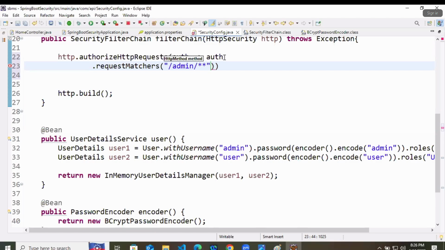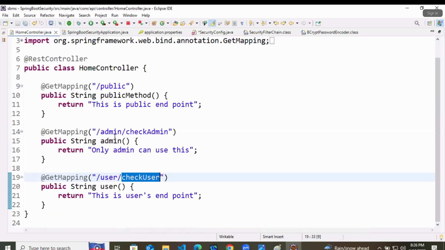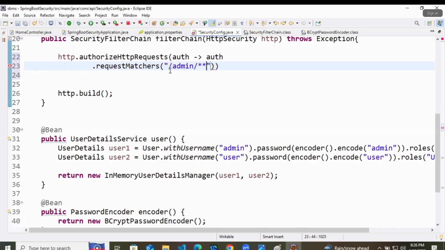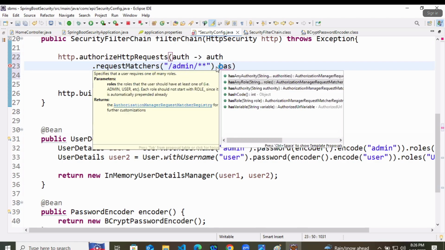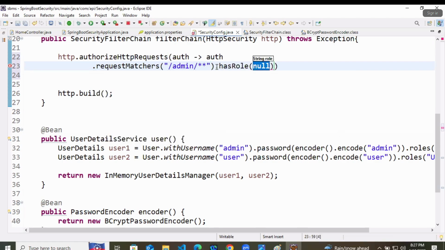So if any request is matching this pattern, that it is coming from /admin and after that it can be anything, dot hasRole. Now you are telling that if any request is coming from this particular endpoint, it belongs to someone whose role is admin.